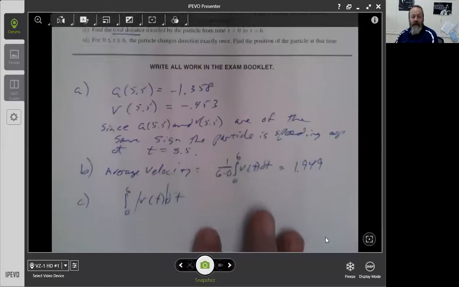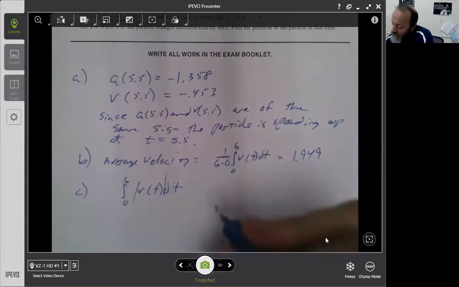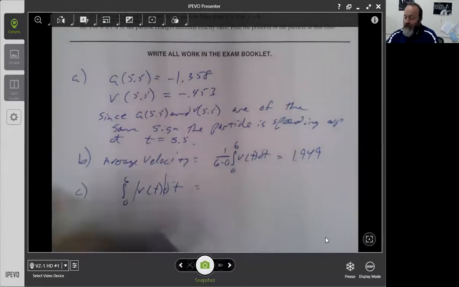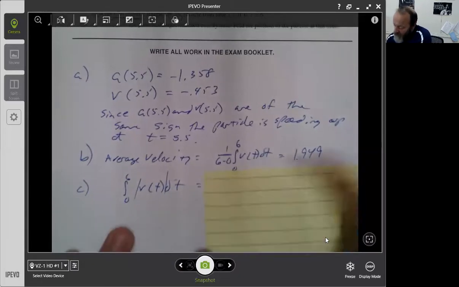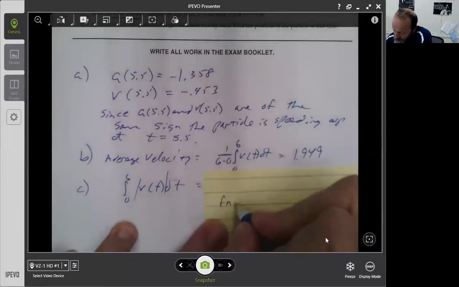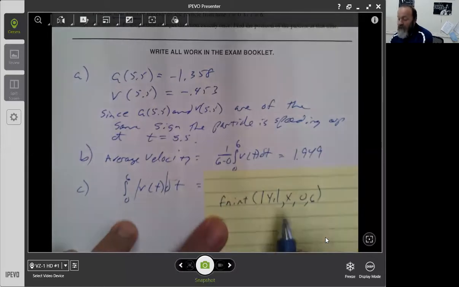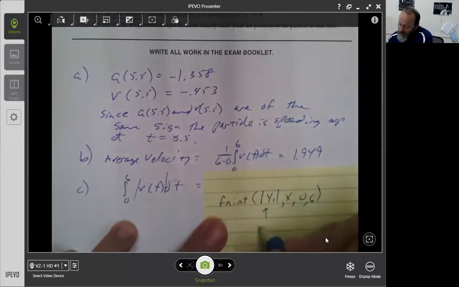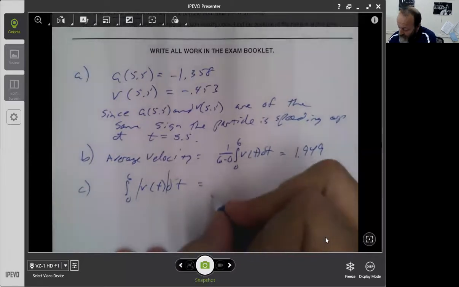So keep in mind that as I do that particular work, you have to know that in my calculator, I'm not going to, by the way, put this on the test. I'm not. But what I would do is I would do FNINT of the absolute value of y1 comma x comma 0 comma 6. And I would just let my calculator do all of that fancy mathematics. Remember, this is under math number to get the absolute value. And my calculator says